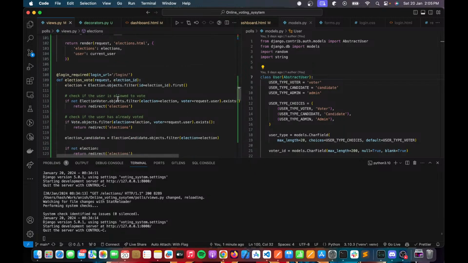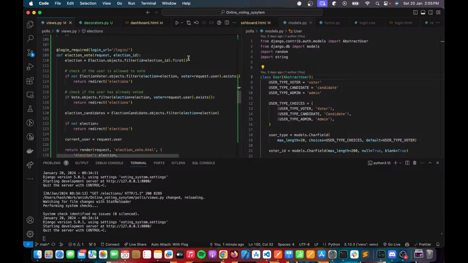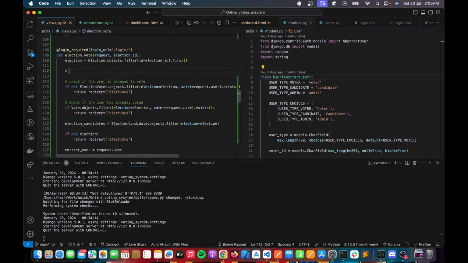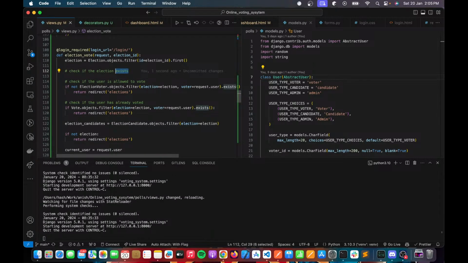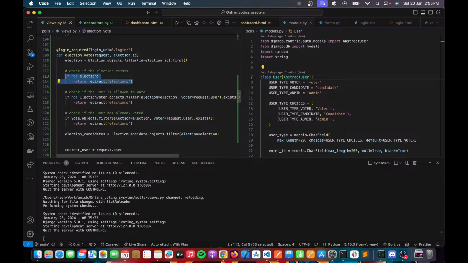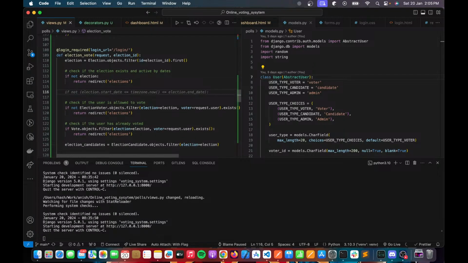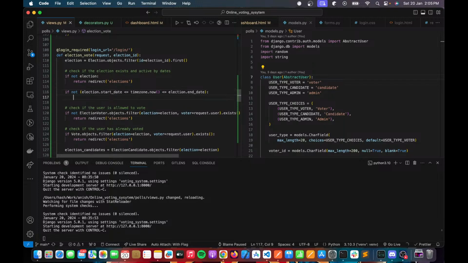In the same way, in election vote, we need to check if the election exists and is active by dates. See,